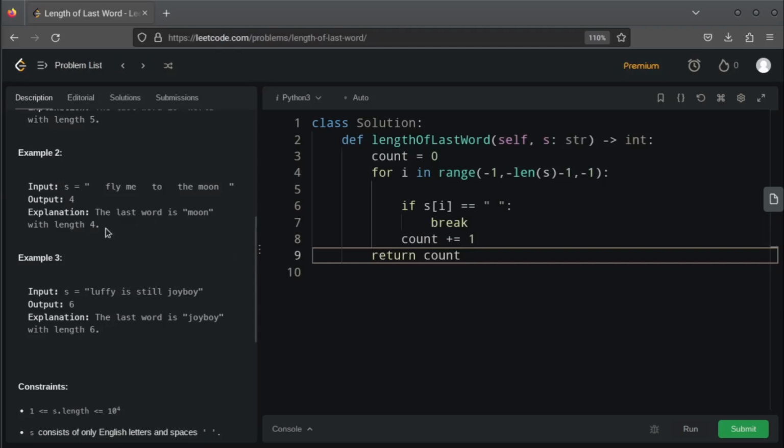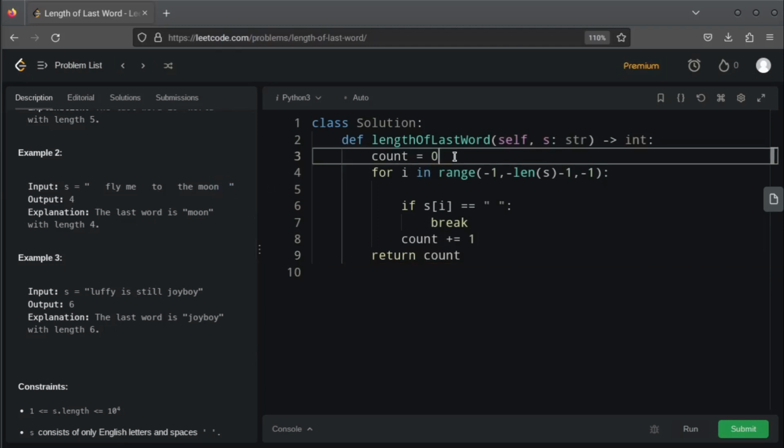But there is a problem. If we see this example, we can see that there is a trailing white space, and our program, whenever it sees a white space, breaks out of the loop. So it will return 0 for this example, which is incorrect. So to deal with this problem, we have to remove the trailing white space, and there is a method for that,